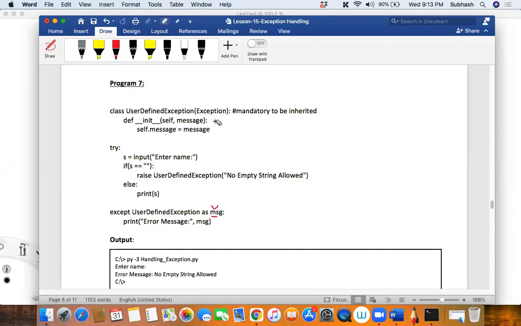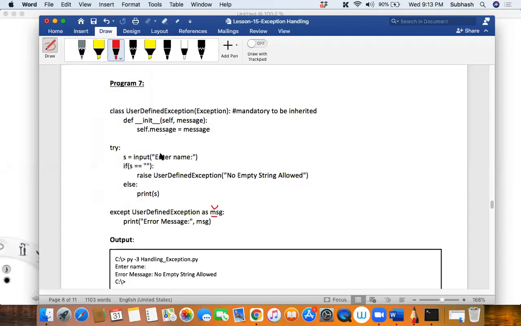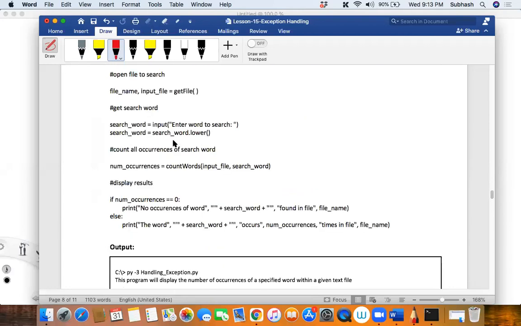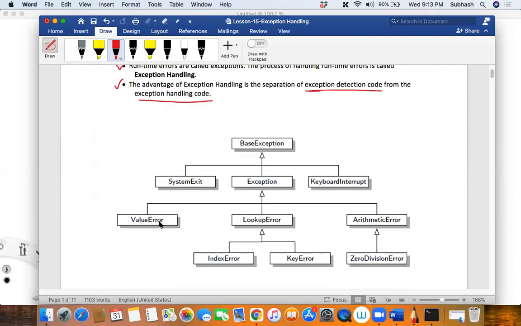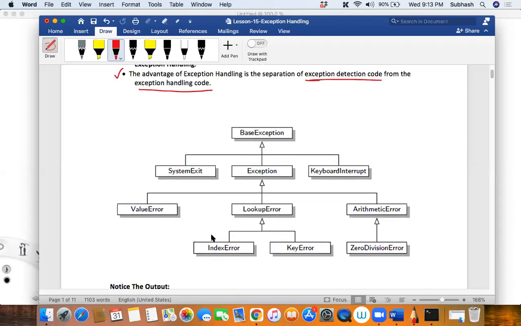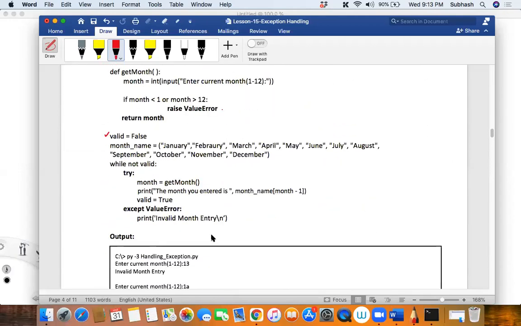So what I'm trying to do is create my own exception class. See, like we have the standard value error. Okay. Whose classes are these? Value error class, lookup error, arithmetic error, zero division. Whose classes are all these? Is it mine? It's all Python's. They have come as built-in Python classes, isn't it? They're all Python's classes, and we have been using them.